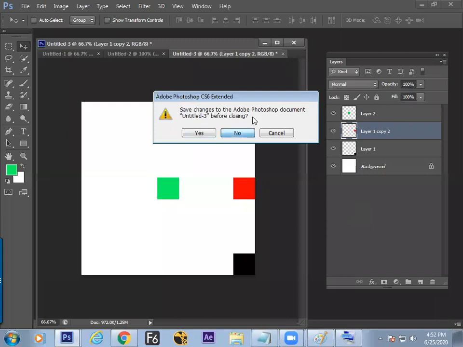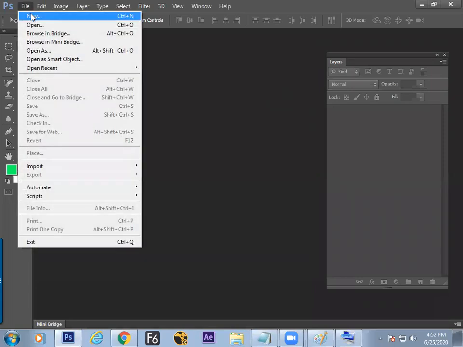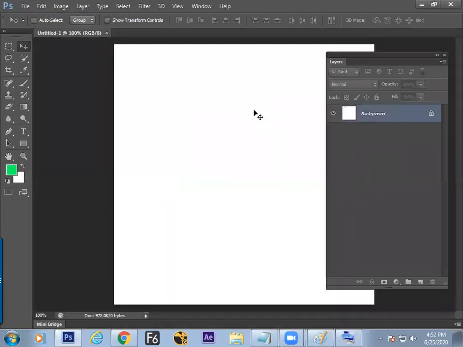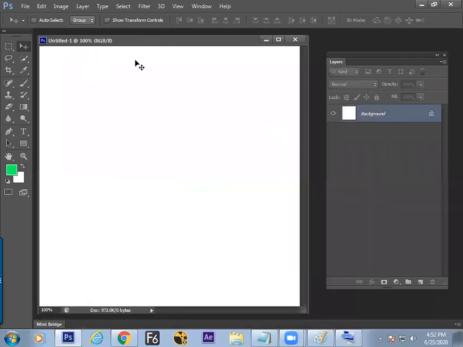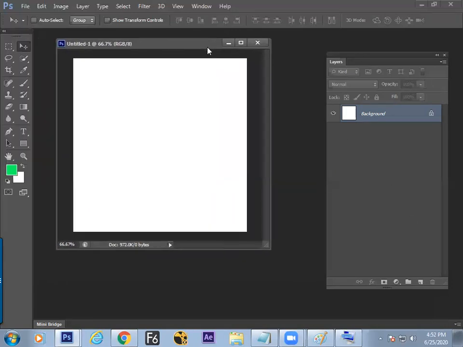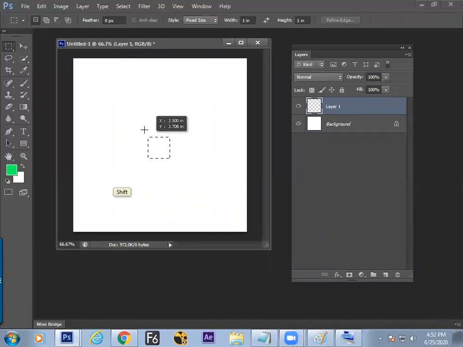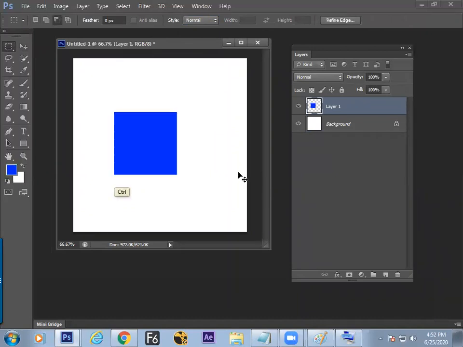I'm deleting all the layers and all the canvas, taking a very fresh canvas and a fresh new layer. How to make a new layer? Inside the layer window, this second button. Make a box by the shift button, freehand in the normal style. Fill the required color as required. Is it clear?